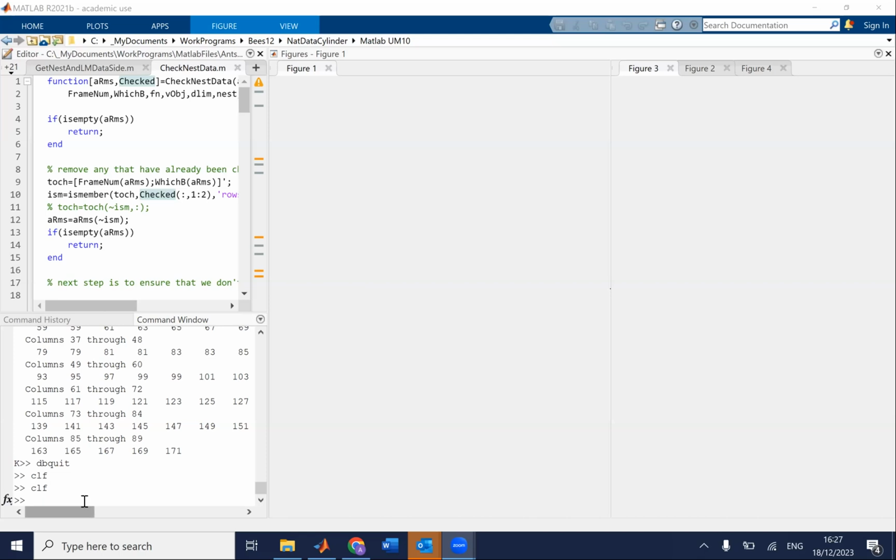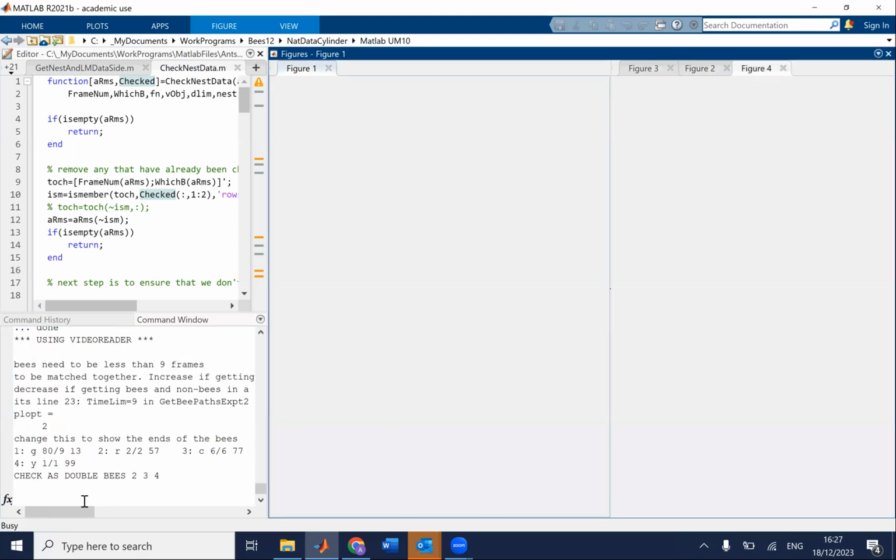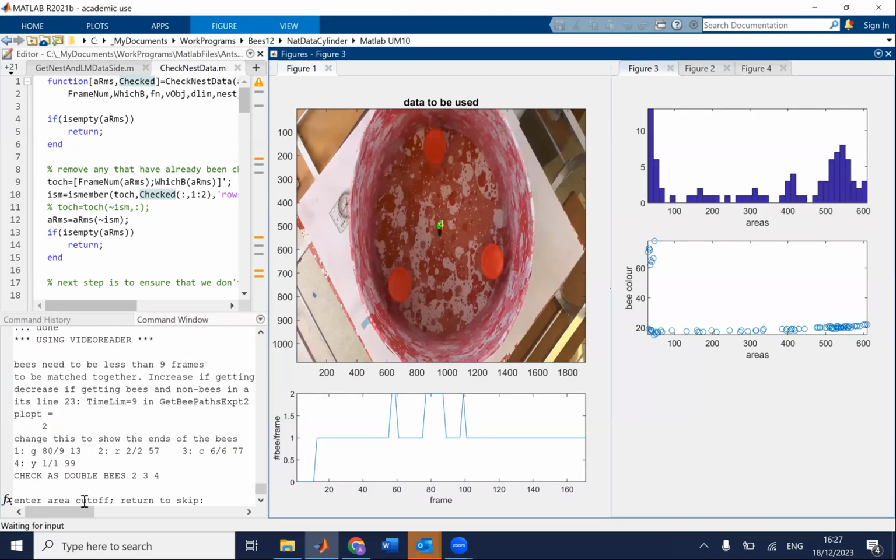So in the first stage of processing, if I run get all data 2016, Natalie name, the first thing it does is it checks about a few frames. We'll come back to that another time. And then the first thing it does is it checks to see whether